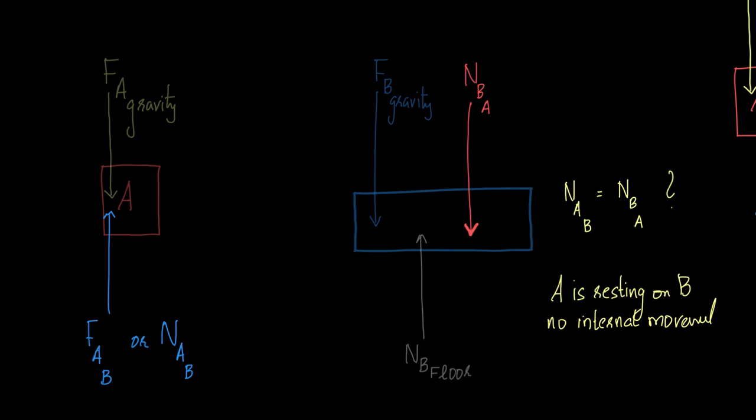And we have object B here. That is another normal reaction acting on B due to A. I'm not considering these two forces for the time being. Now, since A is resting on B, there is no internal movement between A and B. A is neither moving up, nor is B being moved down by virtue of contact with A alone. So A is resting on B. Therefore, normal reaction acting on A due to B should be equal to normal reaction acting on B due to A, which otherwise means